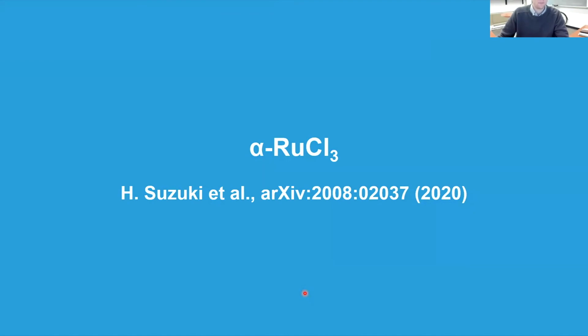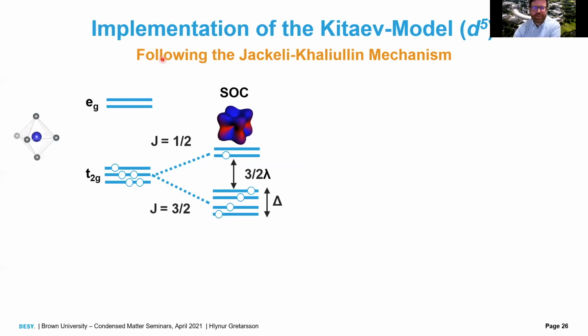So I'm going to spend the remaining of the talk on the Kitaev material, ruthenium trichloride, which I think you are all more familiar with. The Kitaev model is based on d5 plus spin-orbit coupling, and you've probably seen this picture many, many times. You have the t2g forming J effective 1/2 and 3/2. They're split, and you get this exotic wave function that is almost cubic. And then sometimes you can have trigonal distortions that would cause the 3/2 to get split and mixed even into the